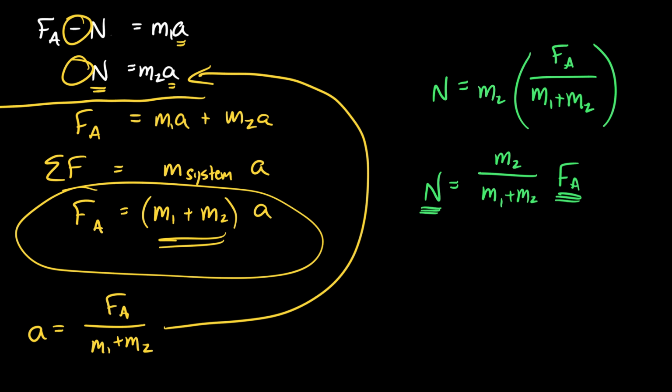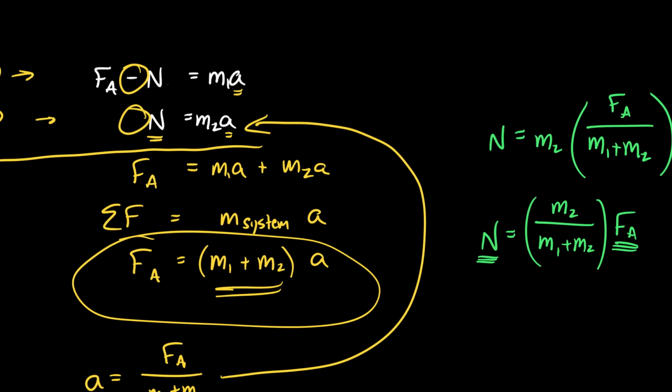A portion does. Look at this. This is a percentage. It's the mass of one box divided by the mass of all the boxes. If m2 is bigger than m1, then a larger percentage of that applied force gets applied to box 2. Meaning the normal force will be bigger if you push on the smaller box. That's what it's saying. If you're trying to reduce the size of the normal force, you probably would want to push on the bigger box and have it be pushed into the smaller box. That would reduce the normal force between them. But if you push on the smaller box, you're going to ramp up the normal force.